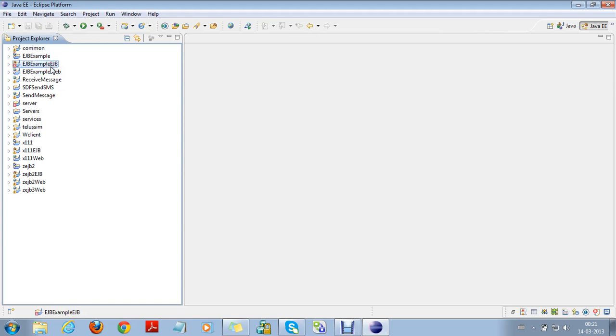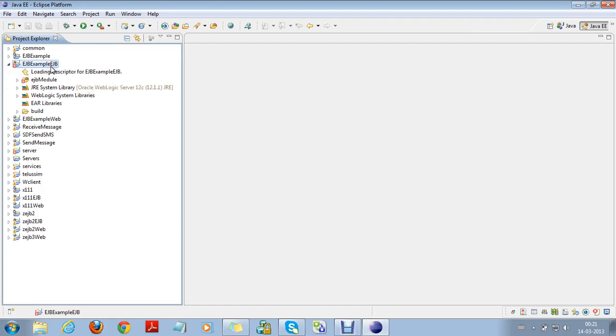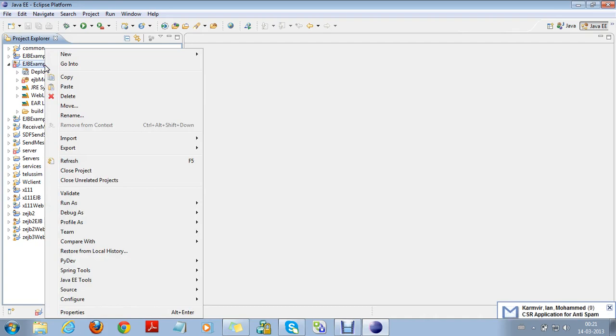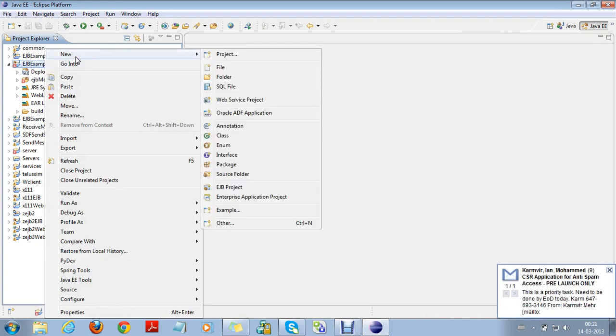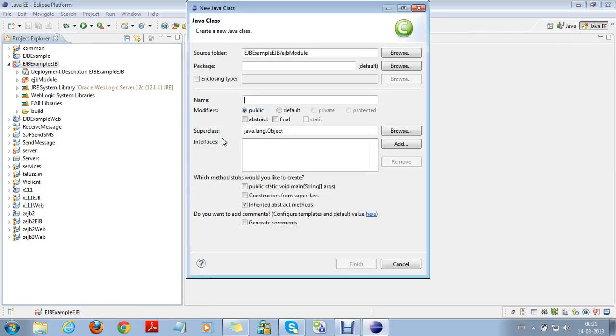Now we will create an EJB component in the EJB module. So we right click on the EJB module, right click new class. Here we enter name of the package, name of the class,